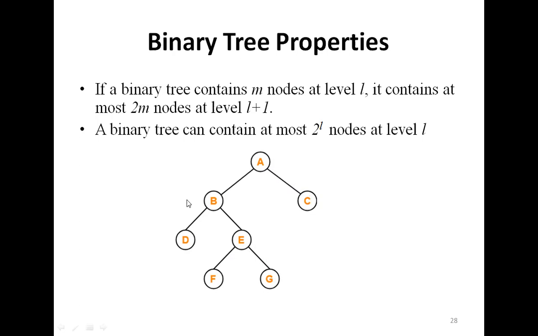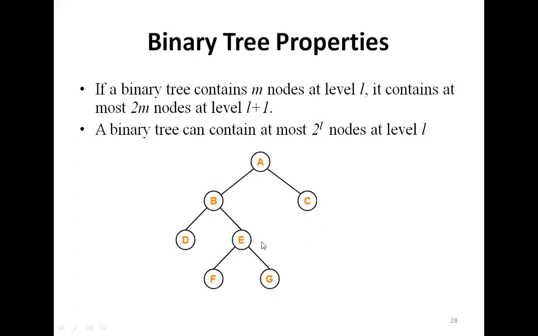This is level 0. Next level is level 1. In level 1, it will contain at most double the number of nodes of the previous level. In the previous level, the total node is 1, so here at most we will have 2 nodes. You can see 2 nodes are there. Then again come to the next level. This level 1 contains how many nodes? 2 nodes. And the next level of this, how many nodes will it contain?